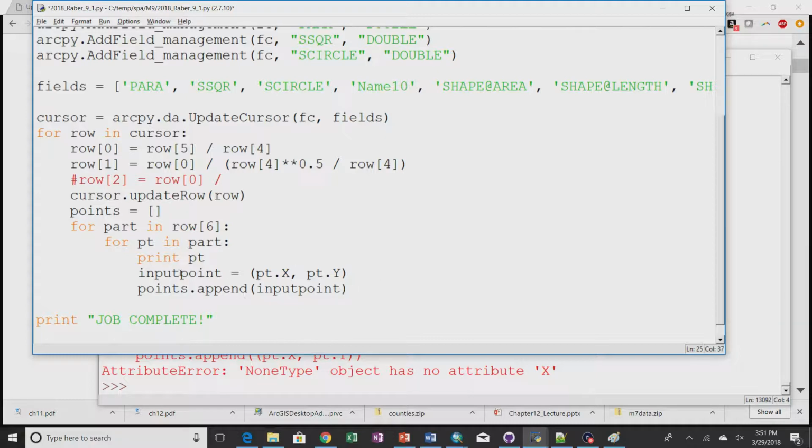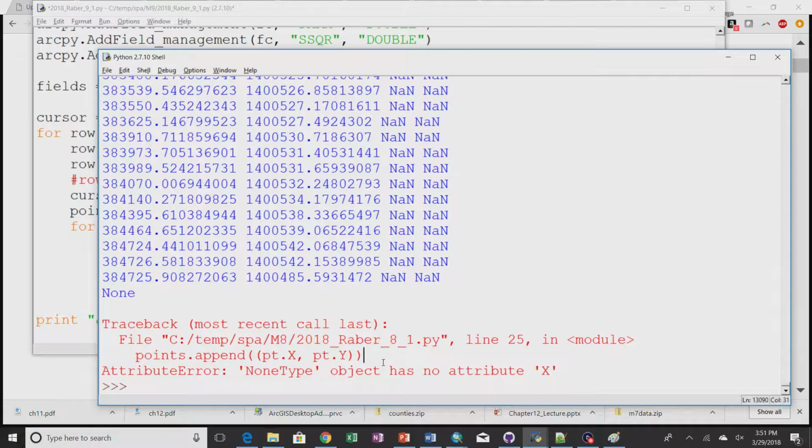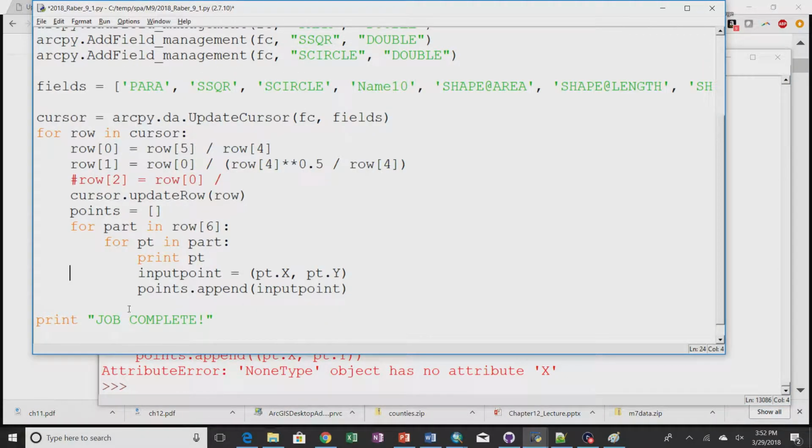So I just wrote that a little differently because this is a tuple. Now we can see it's a tuple. And this is being appended into this points list. All right. Now I just noticed that this failed because there's a part out there that actually doesn't contain anything. So to fix that, I'm going to have to write something like print PT. So somewhere around here,